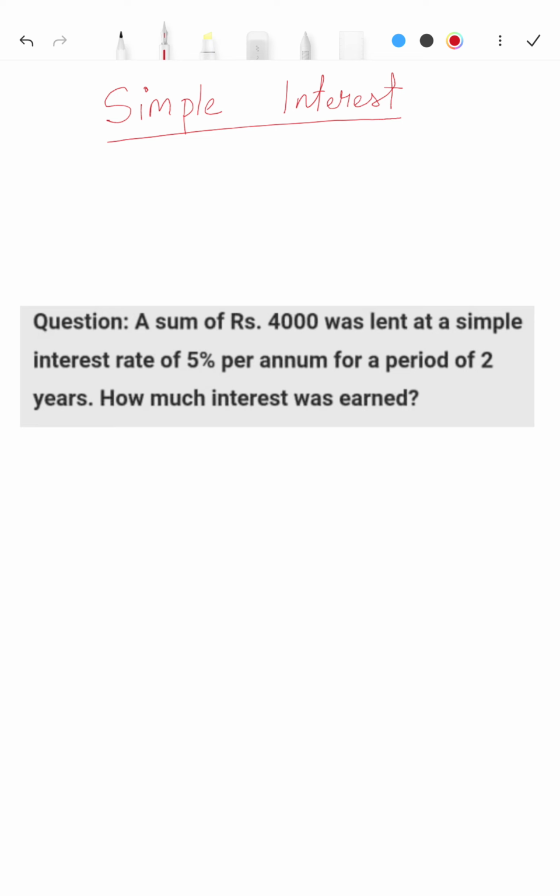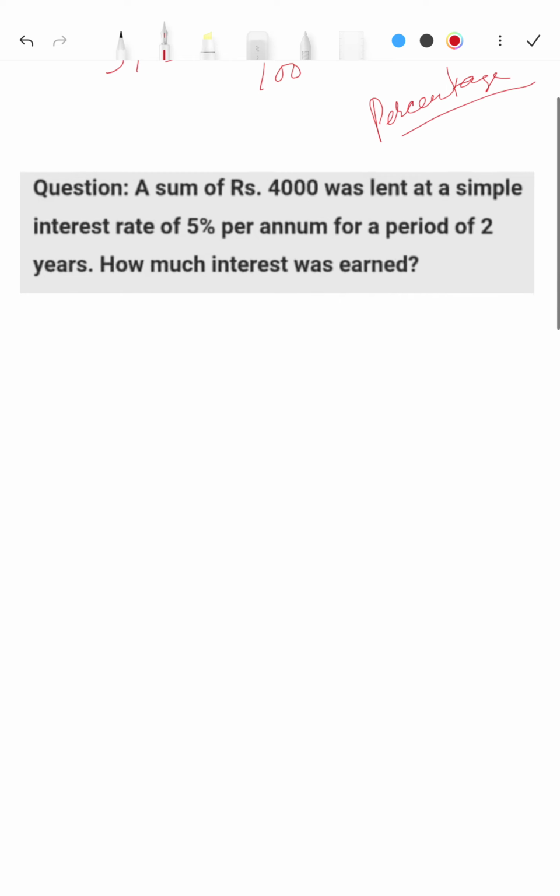Some of you will be knowing the simple interest formula: SI equals principal into rate into time upon 100. So this is the formula we have as far as simple interest is concerned, and as I've been telling, it is also similar to percentage. Therefore, regardless of this formula, you will be able to solve the questions by using the percentage rule. So looking down, the first question: a sum of rupees 4,000 was lent at a simple interest,